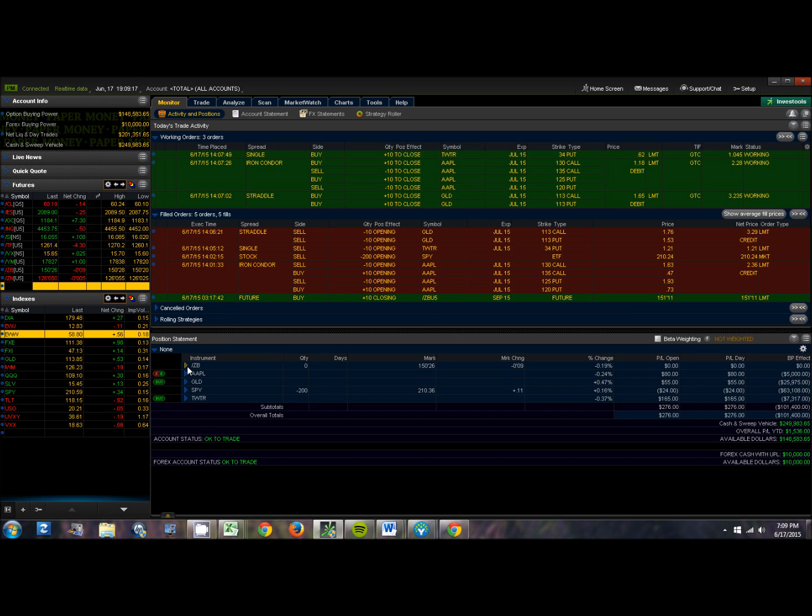So ZB is going to show on my position statement because it was recently closed. If you see quantity 0, that means I don't have anything left in that stock. So if I don't do anything else in ZB today, that thing's going to just disappear and it won't be here anymore. But Apple, Gold, SPY, and Twitter are all positions that I put on earlier today,